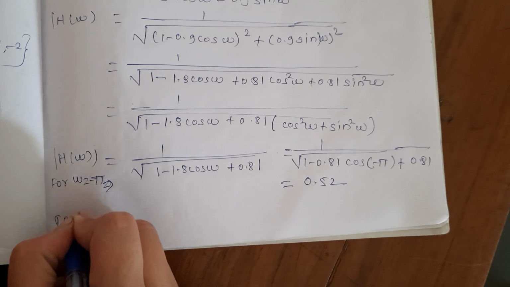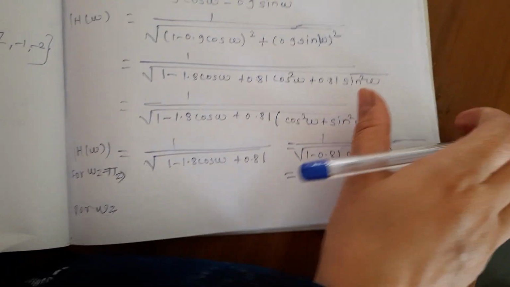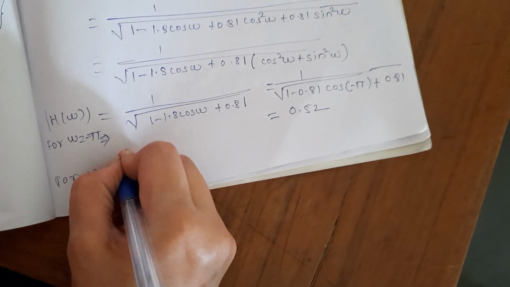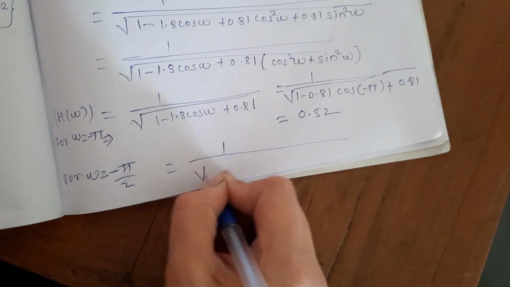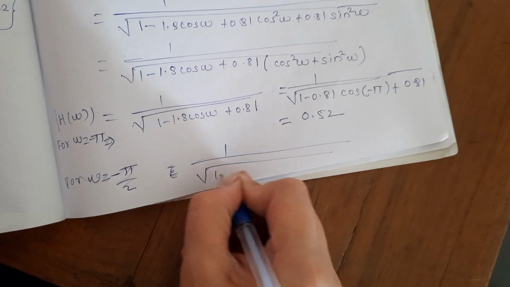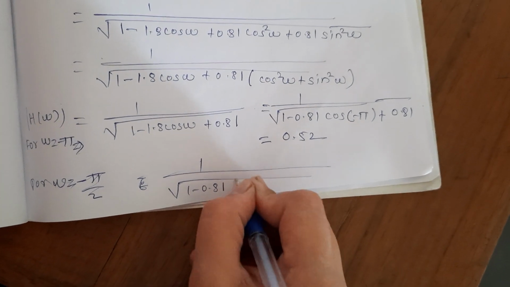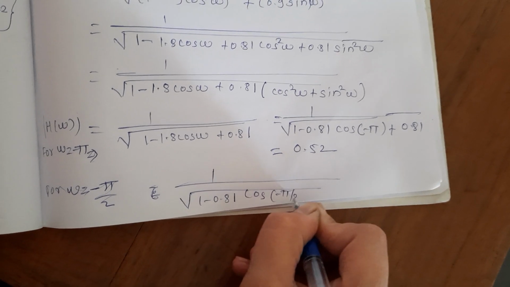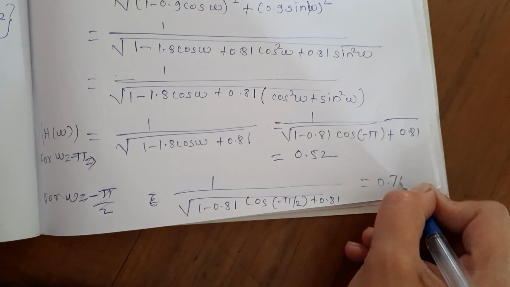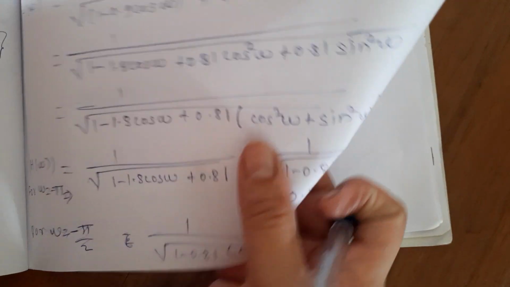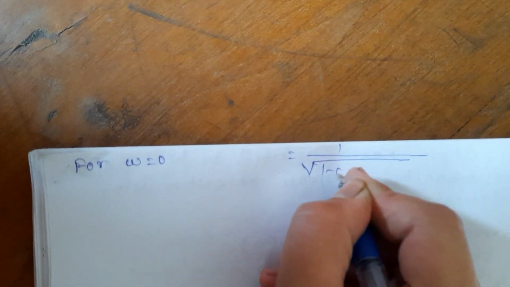And for omega is equal to minus pi by 2, it is 1 divided by square root of 1 minus 1.8 cos of minus pi by 2 plus 0.81, which is 0.743. Now next is for omega is equal to 0, the answer is 1 divided by square root of 1 minus